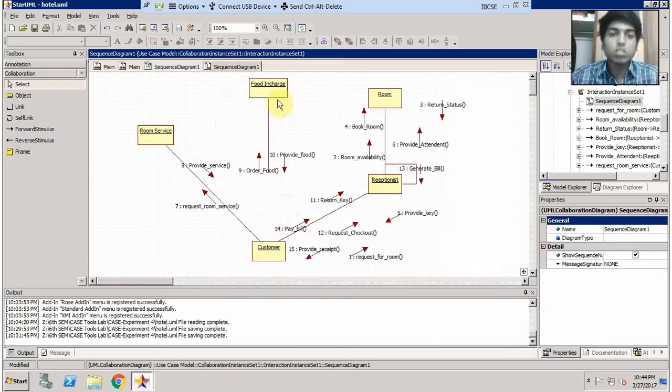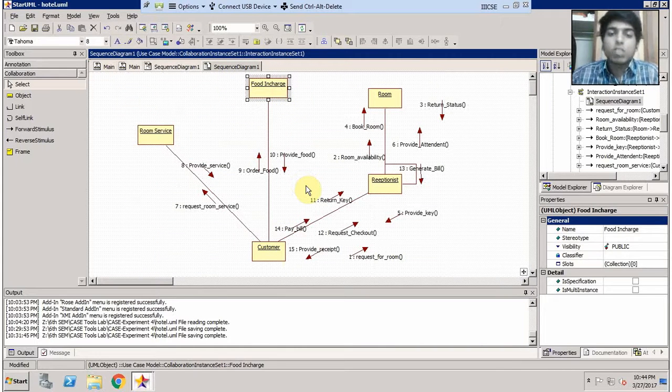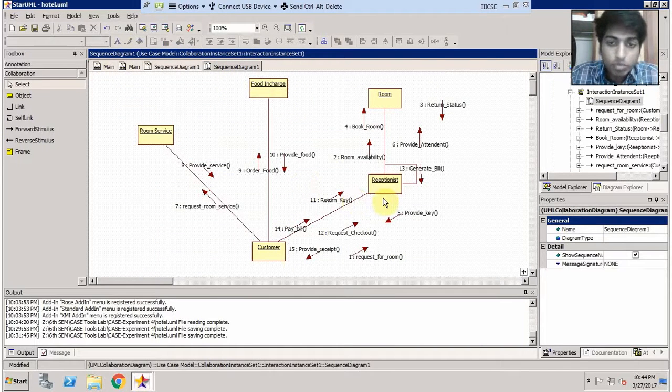So it's similar. You can see here that's what happens, and the receptionist generates the bill, which is to be later provided to the customer. So you have a self loop with the receptionist, and that is all about the hotel management system. The second question is about